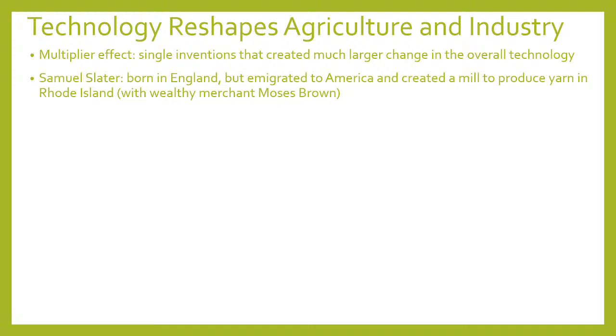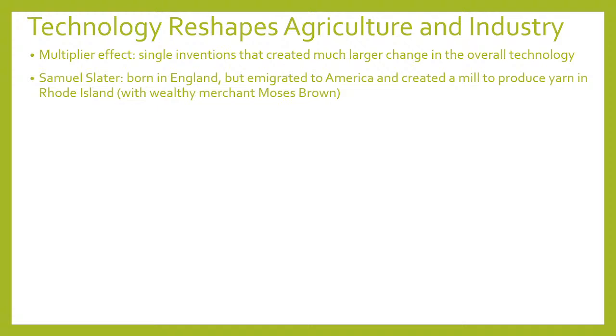So Samuel Slater actually memorized how to build one of these machines and then immigrated on paper as a farmer to America and then proceeded to set up a textile mill in New England, Rhode Island, it says here,